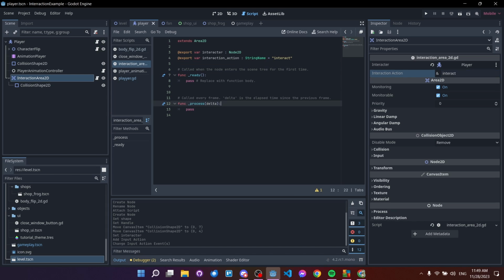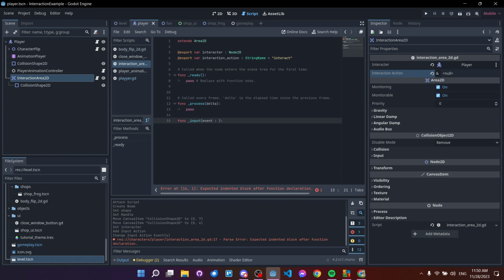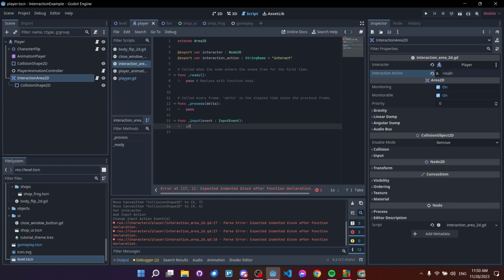So let's close that, and then we're going to need a function input. So we're going to do func _input, which gives us an event. If you want, you can add the optional type here of InputEvent. So this is an input event, but if we add this here, it becomes more obvious that that's what we're dealing with. Optional, of course. So we're going to say if